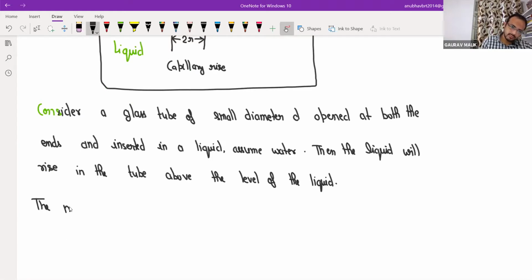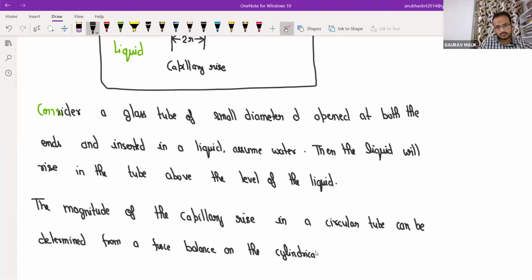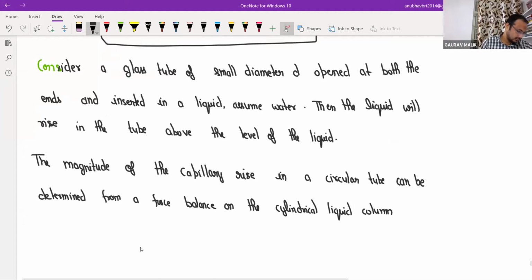And we know that the magnitude of the capillary rise in a circular tube can be determined from a force balance on the cylindrical liquid column of height h in the tube,